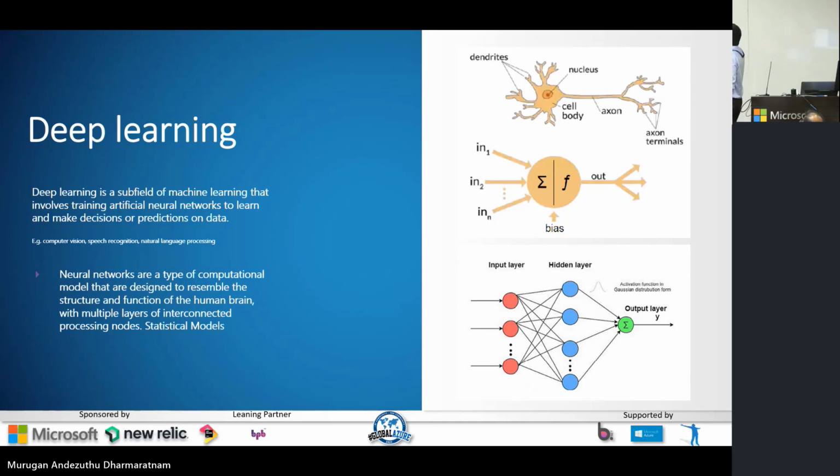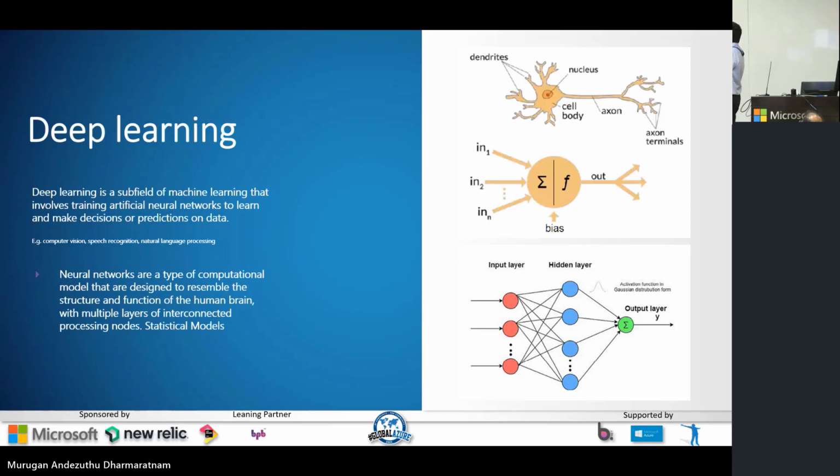You have a nucleus, dendrites, axon, and axon terminals. There are other things also, but to simplify it for the purpose of neural networks, we'll have only the relevant parts: nucleus, dendrites, axon. Dendrites receive input, axon sends out the output.